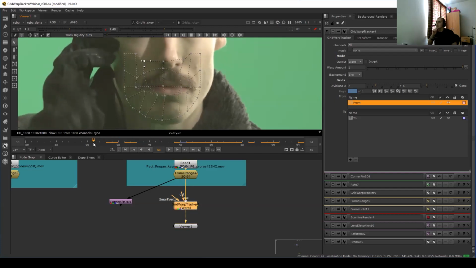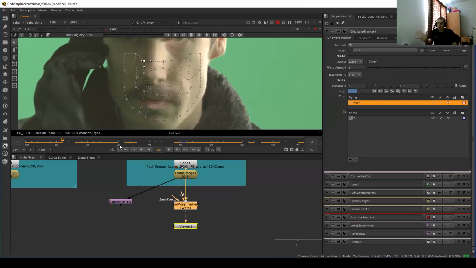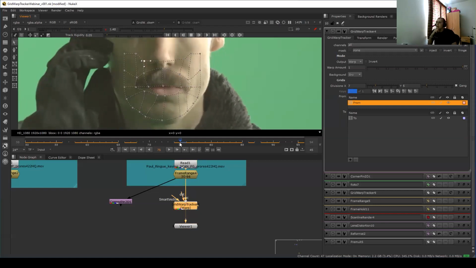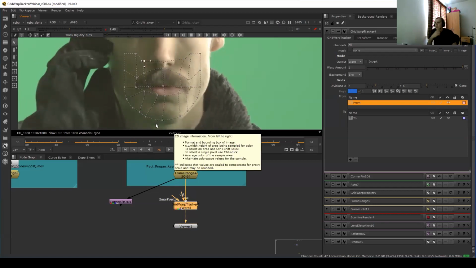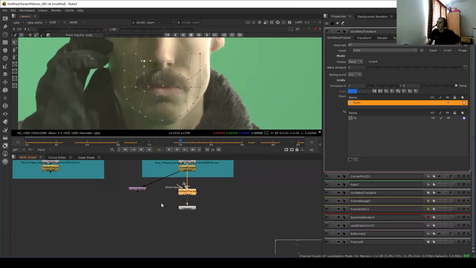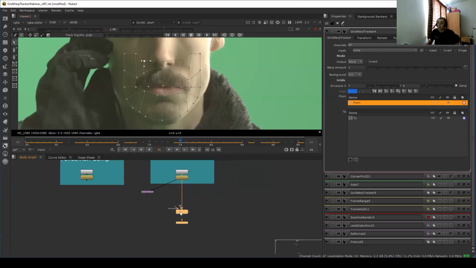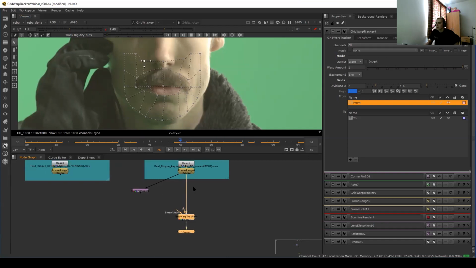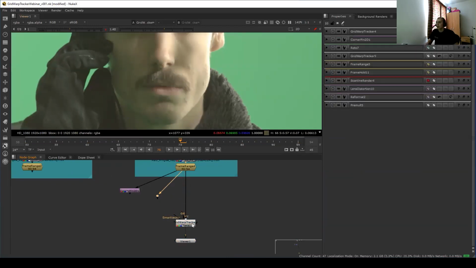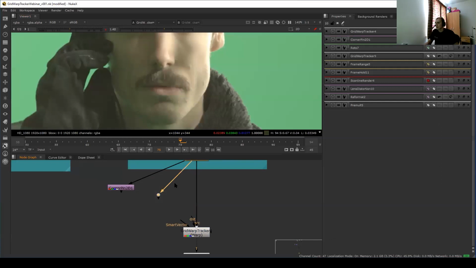You would use rotoscoping techniques, looking at the ends of the movements and putting keyframes in there, so you don't have to do every frame. But that's how you would have to do it. So kind of a long, boring process. But since Nuke 12, we have the option to use smart vectors to actually drive the positioning of this